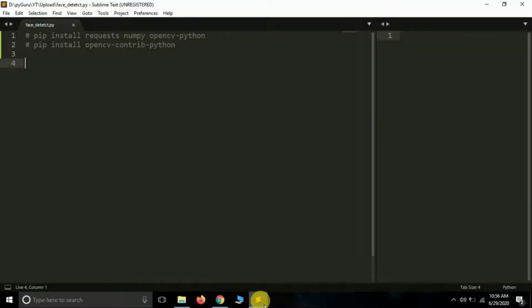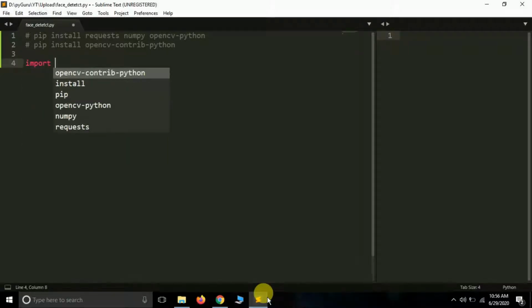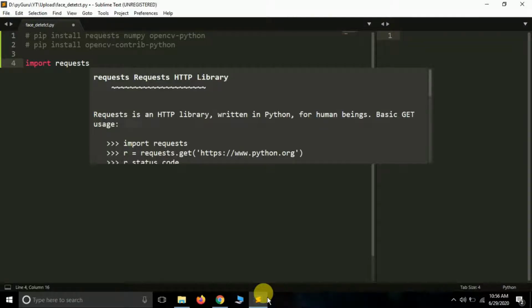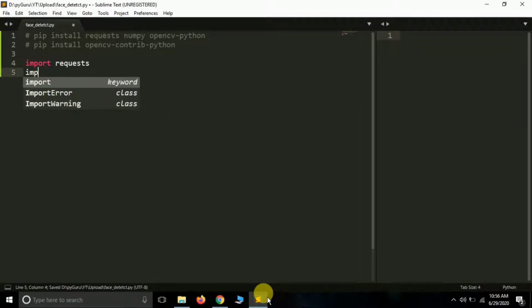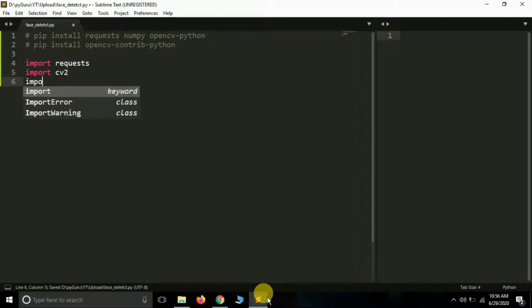Let's go to our file. What I'm going to do next is, first of all, import a few libraries. So import requests, then import cv2, which is your OpenCV, and then import numpy as np.